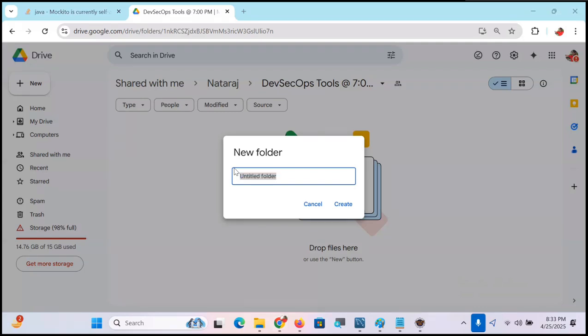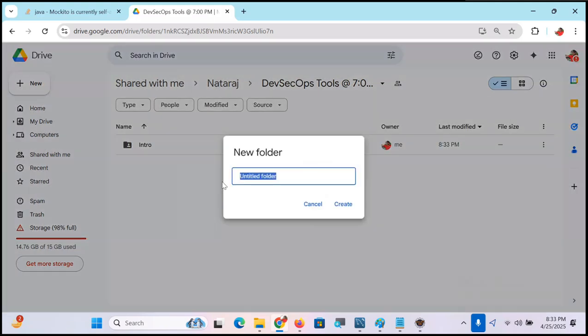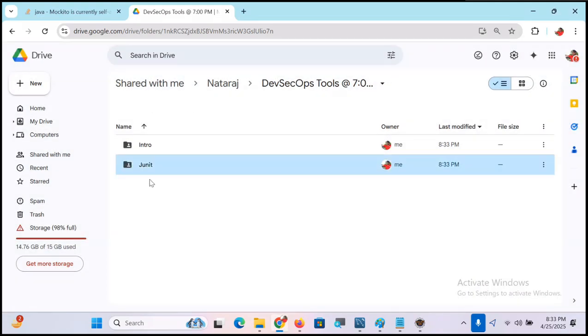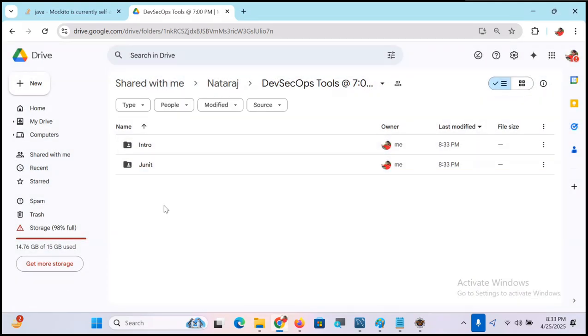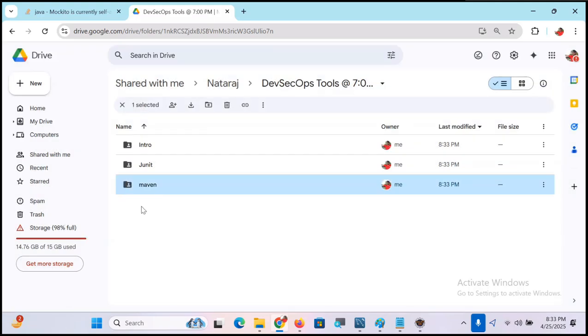Yeah, first intro. What is there? Intro, one thing. Next tool I conducted is what? JUnit, another tool. Then what is the other tool? Maven is another tool I created. Next,